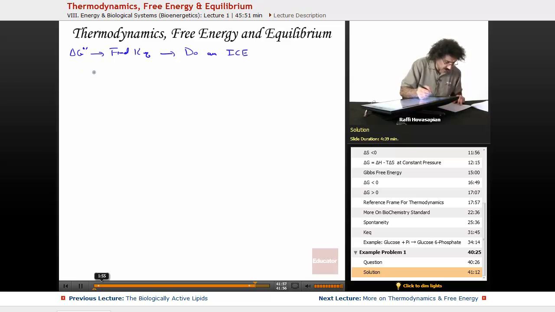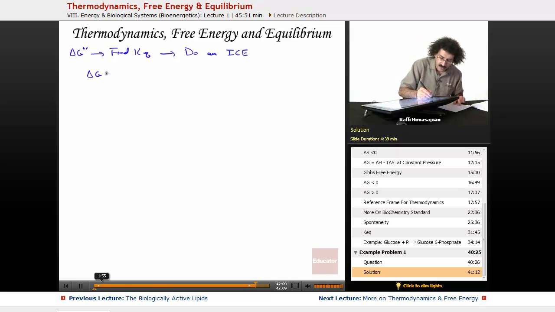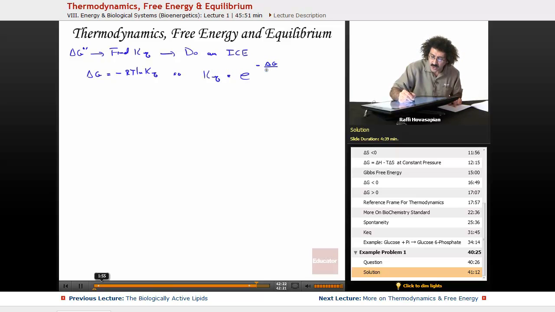So we start with our equation, which is, of course, delta G. I'm not going to keep writing the superscripts over and over again. You know that we do all of these calculations under the transformed biochemical standard. So I'm just going to write delta G equals minus RT ln KEQ. When I rearrange, KEQ equals e to the minus delta G over RT. When I put these values in, KEQ equals e to the minus